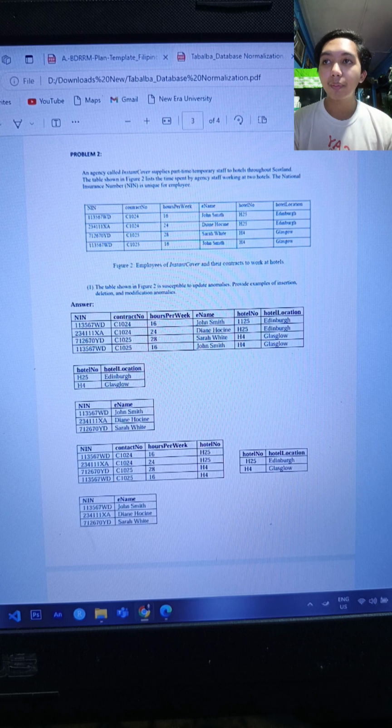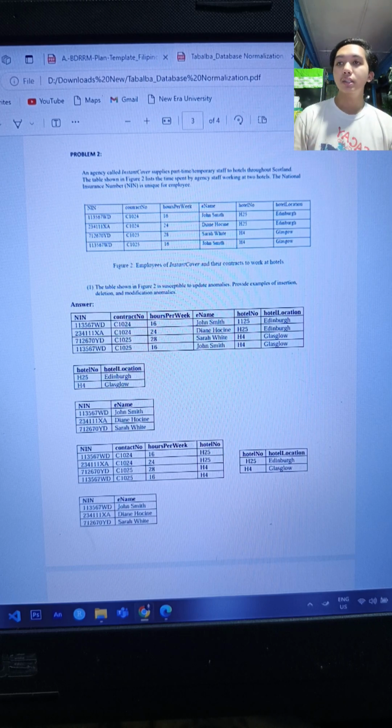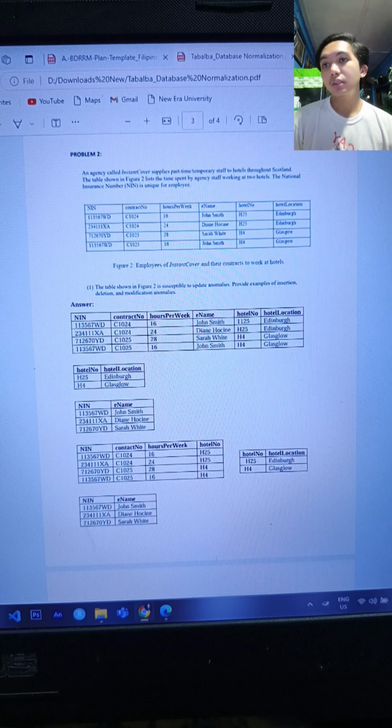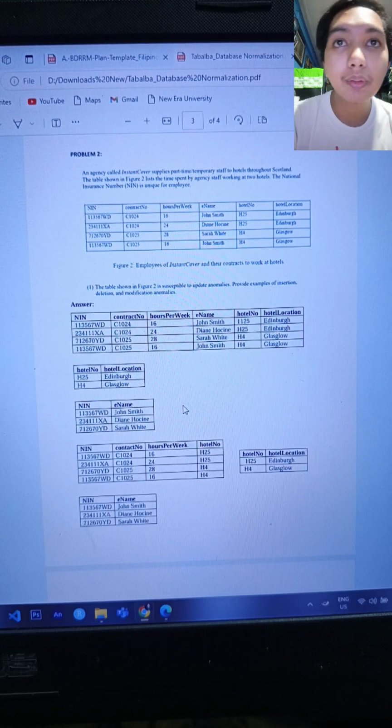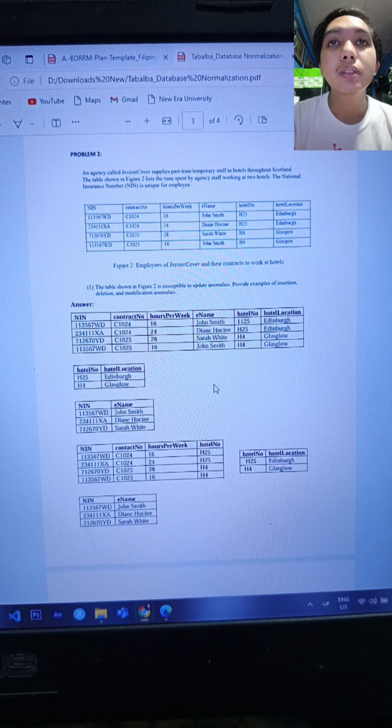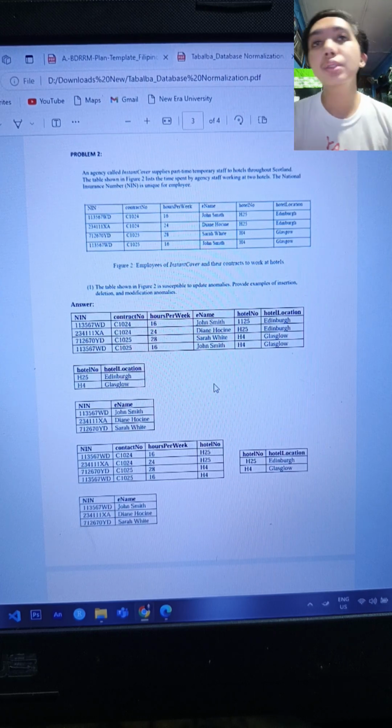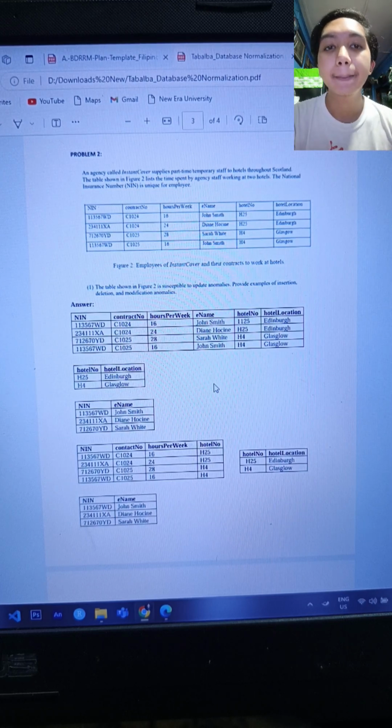Hotel contains the unique hotel information, employee contains the unique employee information, and contract contains the contract details referencing the hotel and employee information. That's my brief explanation on problem number two.